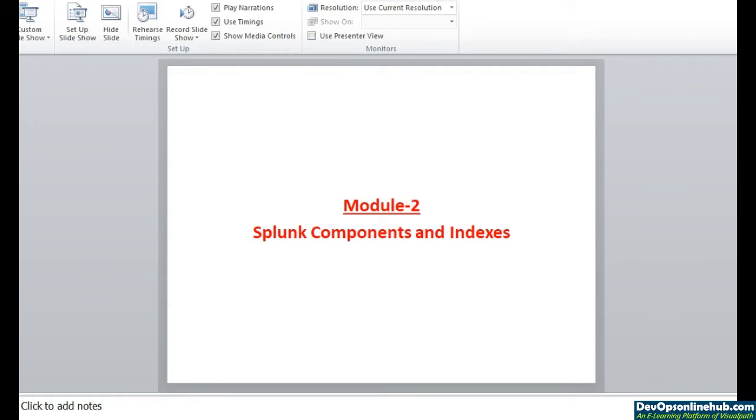Now in module 2 we will discuss more about Splunk components, like how we can configure each and every component which we discussed. Also we will discuss what indexes are and how we can create indexes in our Splunk environment. So let's continue and move to the next slide, which is